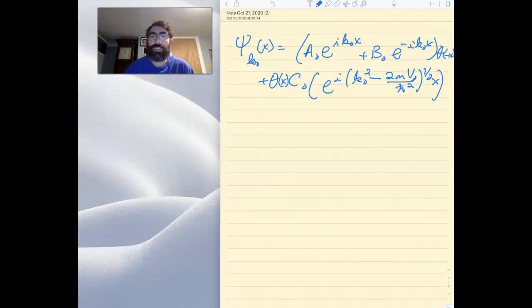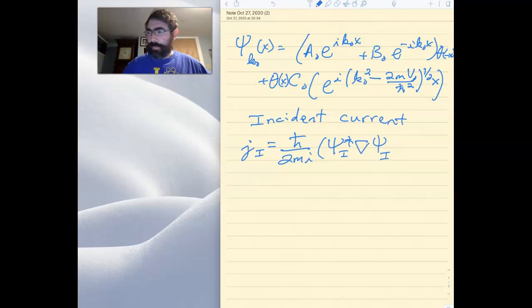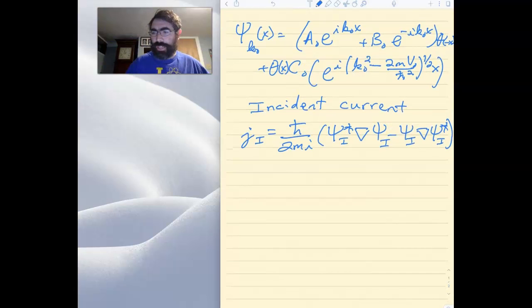So now what we do is take this function and write out the currents. And so the probability current, the incident probability current, is j_i equals h bar over 2mi times psi star for the incident wave function, derivative of psi, minus psi times the derivative of psi star. Okay, so now we're going to put that in. So again, we're just going to consider the incident part. And so in that case, we would have h bar over 2mi